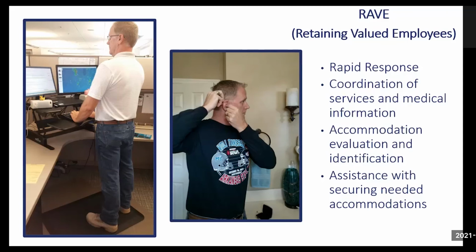He had to hear what people were saying whenever they were talking. If he was unable to hear them, it was going to be really hard for him to perform those job duties. So that was a barrier for him. And we were able to give him an accommodation. It's a small little hearing aid, and it really changed his ability to present. He could send and receive information clearly. He was able to not miss any cues and all of that. So that was something that really helped him out.